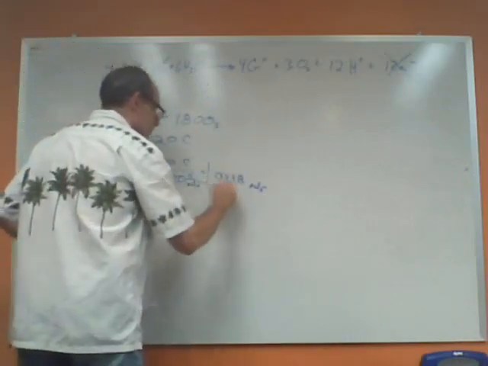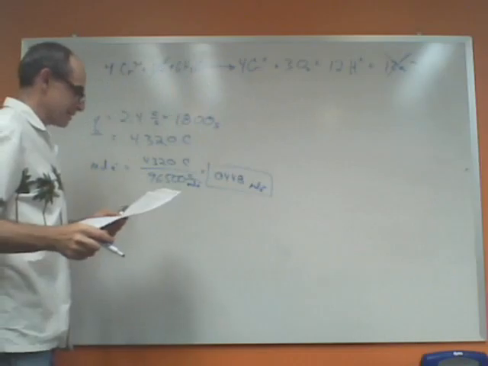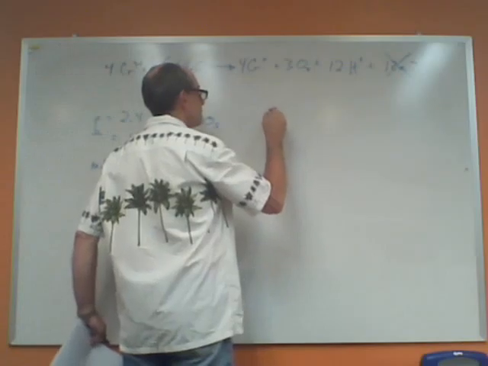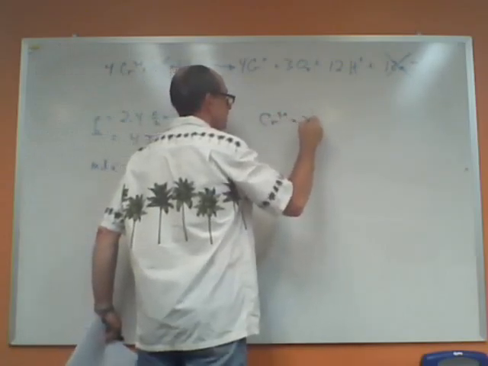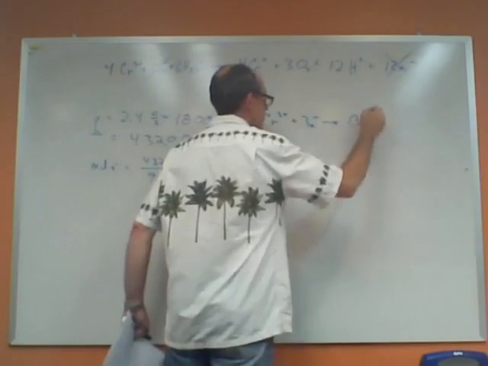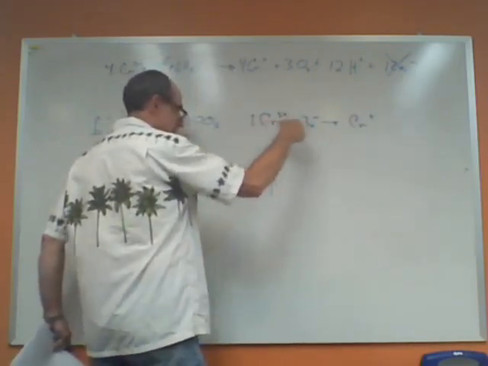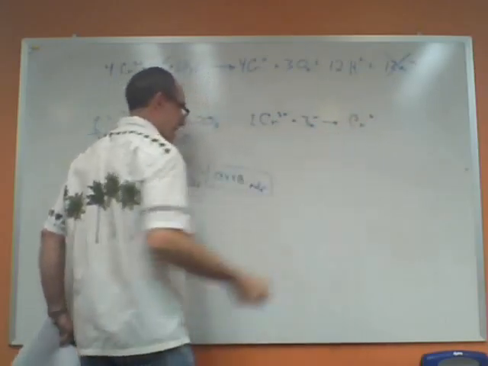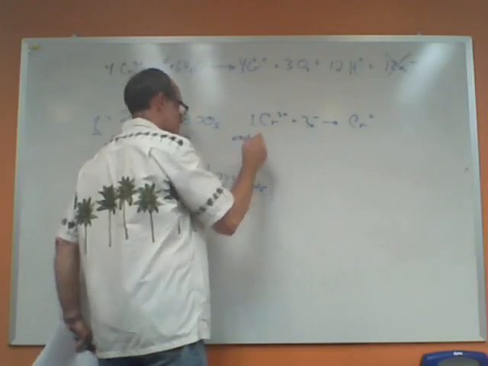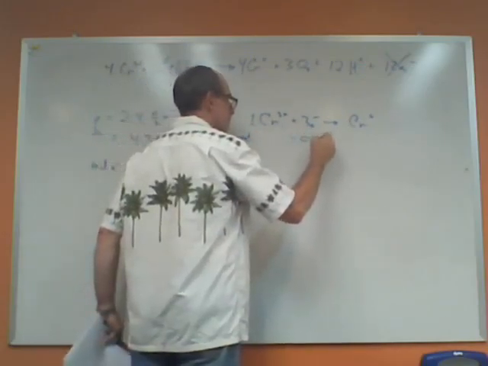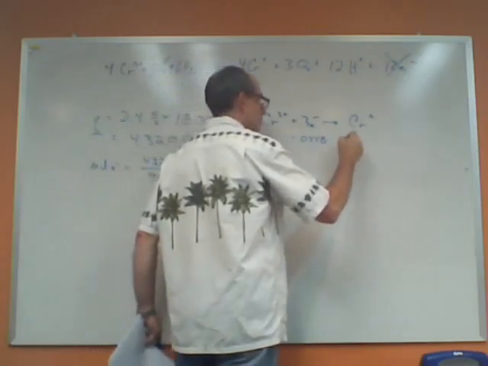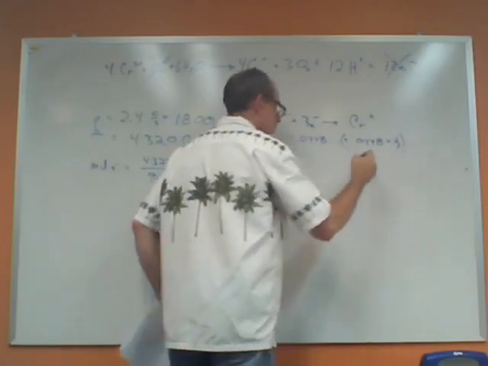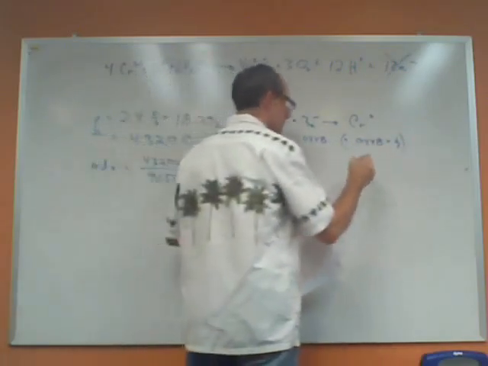And that's good. And now I just need to figure out the mass in grams of chromium deposited on the electrodes. Well, my half reaction for chromium was Cr plus 3 electrons going to Cr naught. And this gives me a 1 to 3 mole ratio between chromium and electrons, or 3 to 1 between electrons and chromium atoms. So my delta moles here is minus 0.0448. So I'm going to form 0.0448 times 1/3, or 0.0149